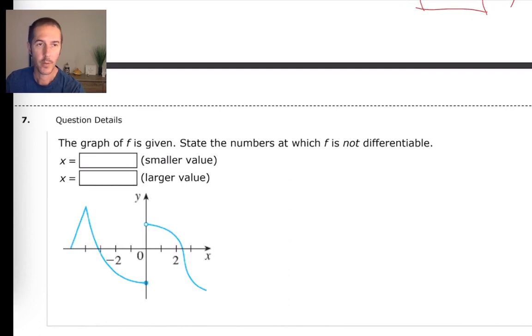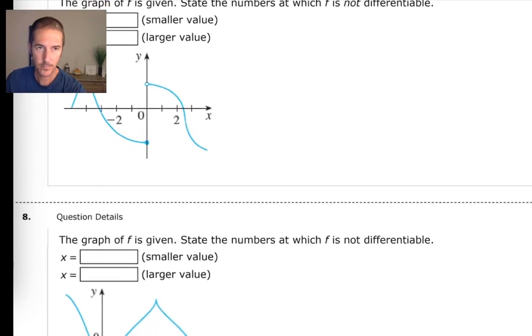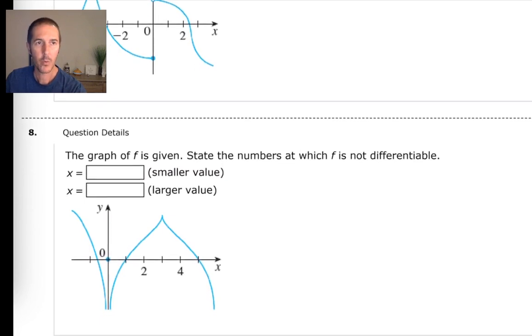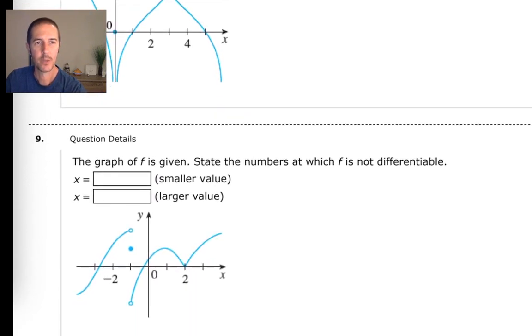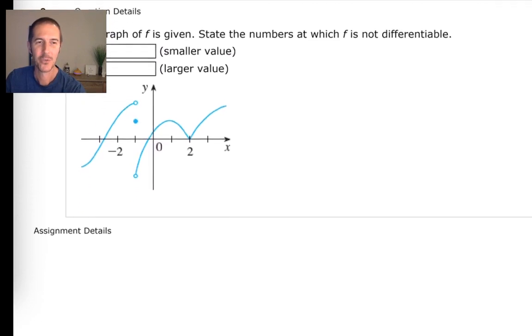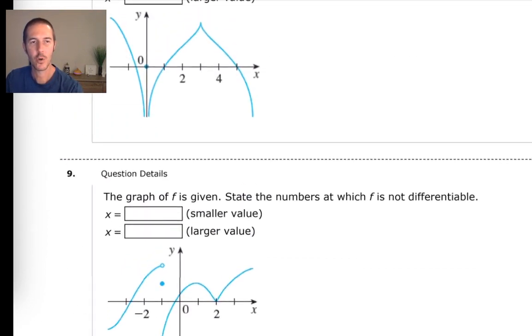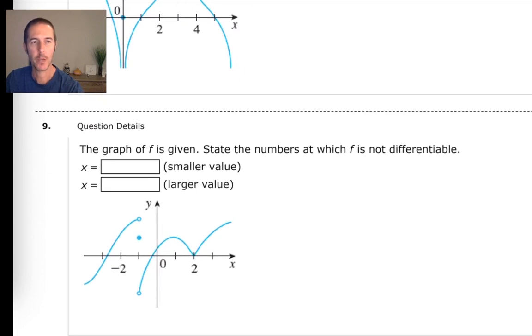Here's a question about where our function is not differentiable. Another about where our function's not differentiable. Another about where our function's not differentiable. So this assignment is considerably more conceptual than usual, but I really wanted to go through and look at that more algebraic looking process of evaluating the limit using the difference quotient, because that can be very challenging. These other questions that are more graphically oriented are more visual, and my assumption is that fewer people are going to struggle with those once you get the concept nailed down, but